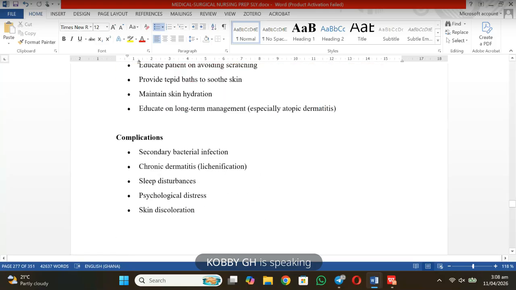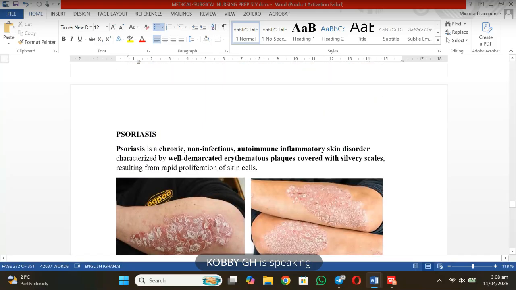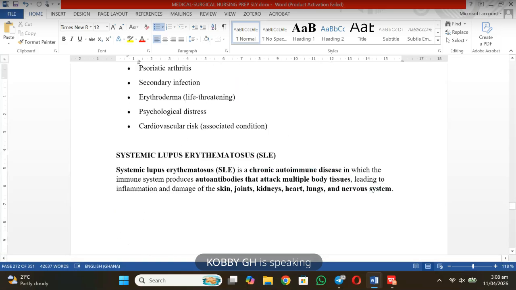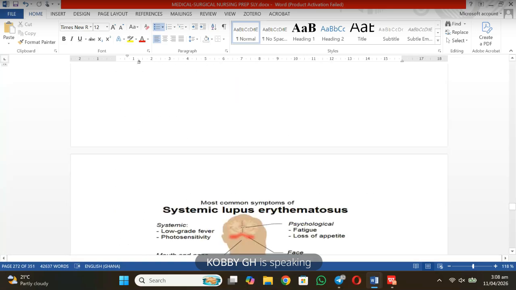Psoriasis is an autoimmune, non-infectious condition that affects the skin. With psoriasis, the manifestation is only on your skin, meaning you are going to see the clinical signs only on your skin. Now, when it comes to lupus, even though it's integumentary, it's also autoimmune like psoriasis, but